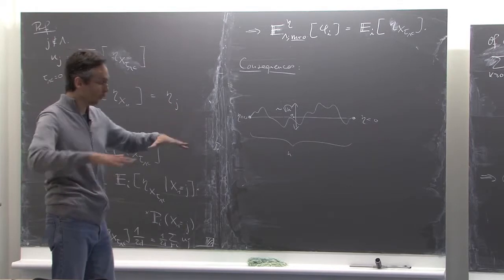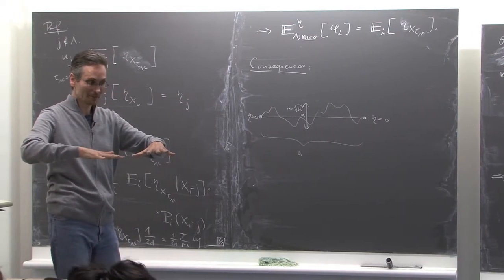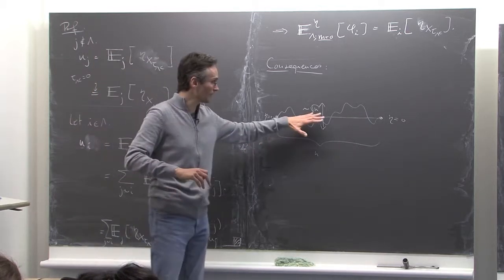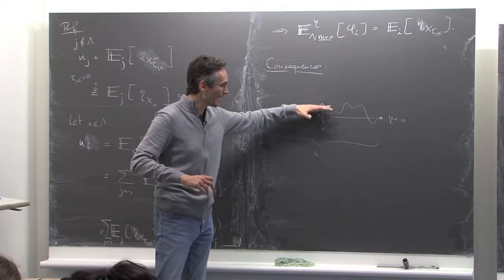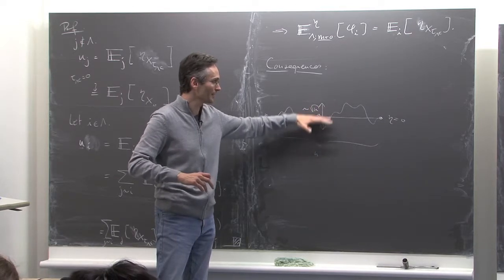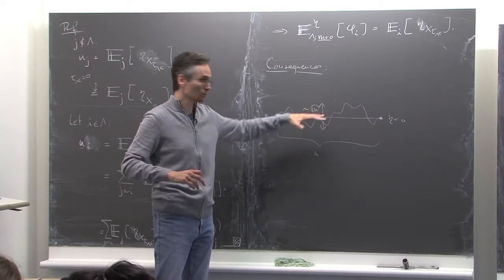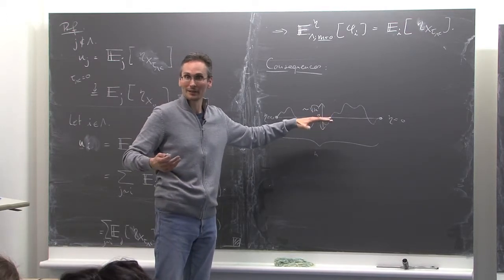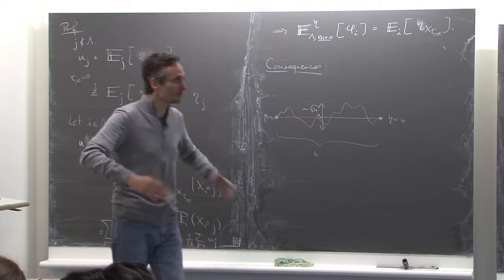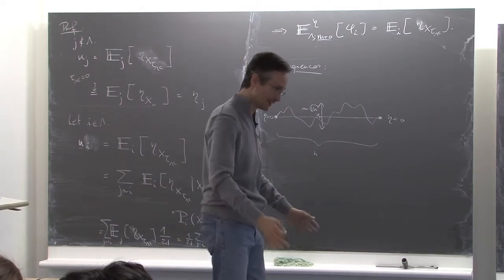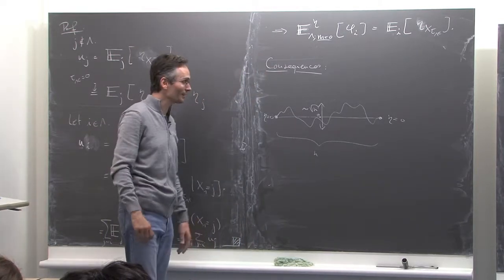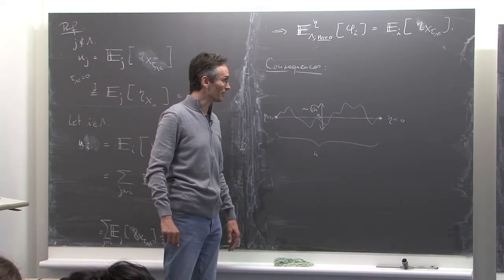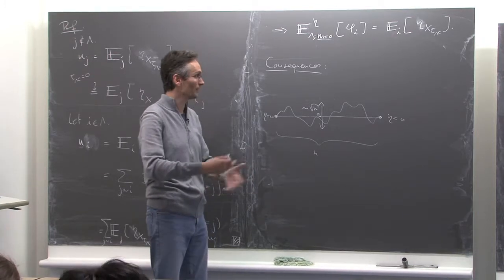Exactly the same kind of thing also happens in dimension 2, as you will see next week, except that the divergence is much milder. Instead of having a typical height of order root n in the middle of the box, like in dimension 1, you have a typical height of order square root of log n. The square root of log n is still going to infinity with n. So again, the interface in dimension 2 is infinitely far above you or infinitely far below you, and you will never see it. So there is no limiting state in dimension 2 either. Only starting from dimension 3 do you have an infinite volume Gibbs state.